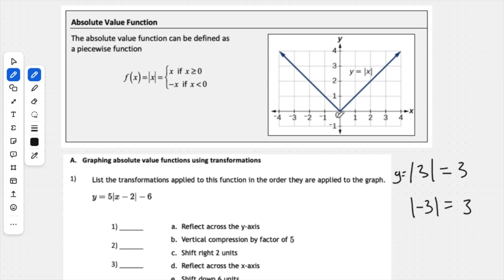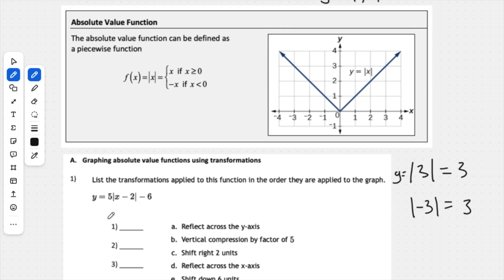So this is what we're going to call a parent function. So this has no transformations. This right here is just y equals absolute value x. And what we can do with that, like we did in the previous section on transformations in general, is we can do all of our shifts, left, right, up, down, our stretches, our compressions, and reflections with this function. So let's take a look at, this one is actually right where we left off in